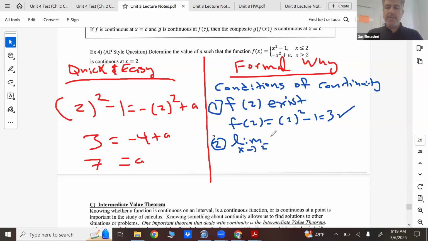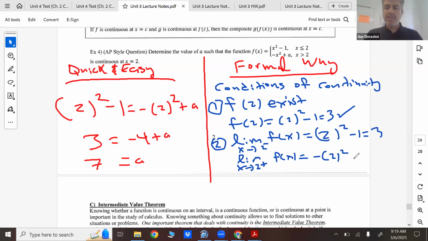So if I do the left-hand limit, what's that going to be? What's my right-hand limit? Well, not yet. We don't know just yet, right? -4 plus a, right? Now, for the limit to exist,